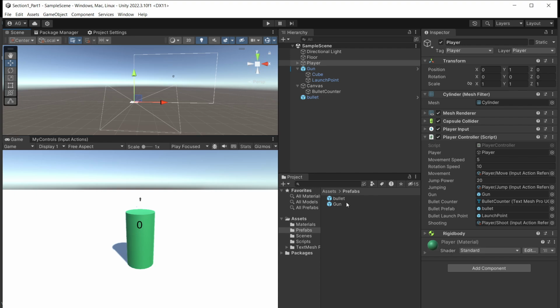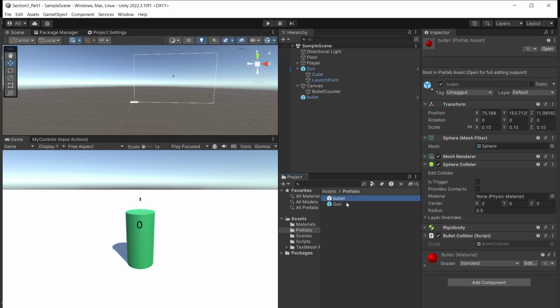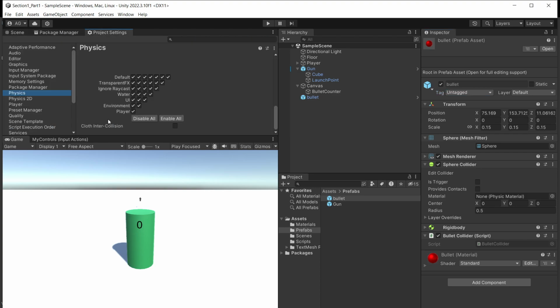So if we go to our bullet prefab in the actual prefab folder, we can create a tab. No, we can just do this way because it's currently on default. So we can say default and player can't hit. I don't know if that's going to fix the problem or not,